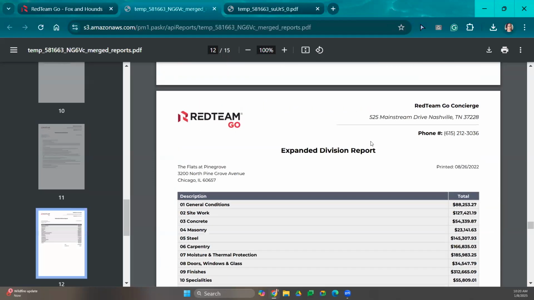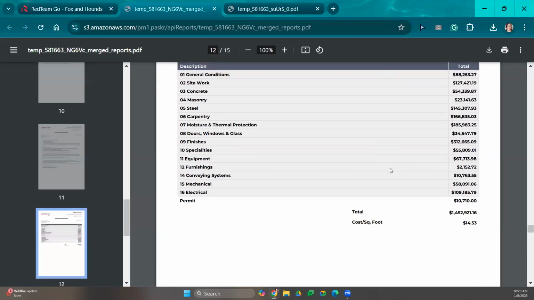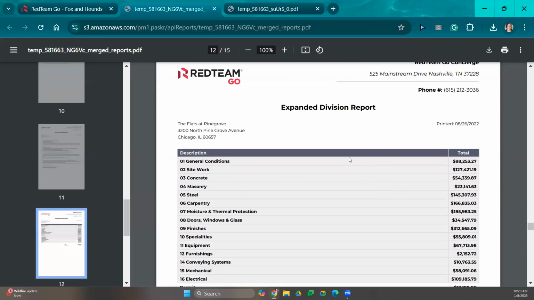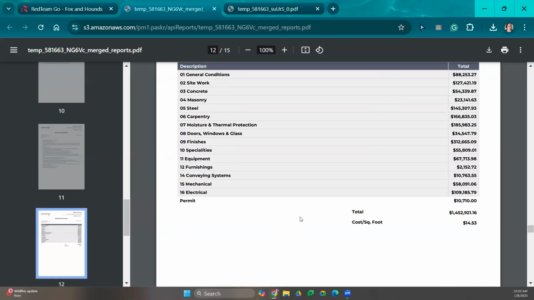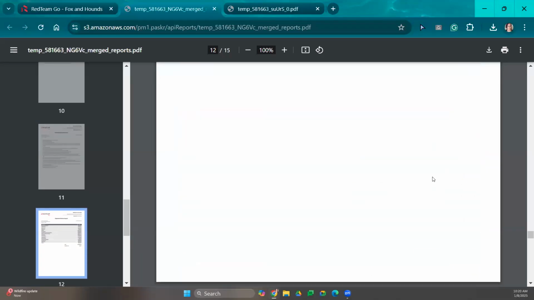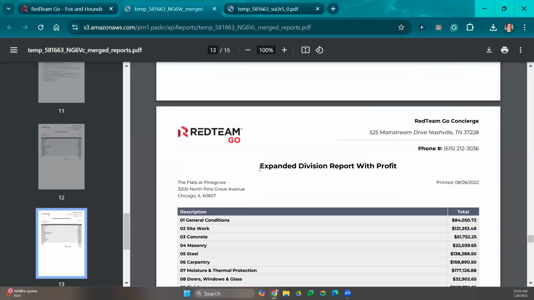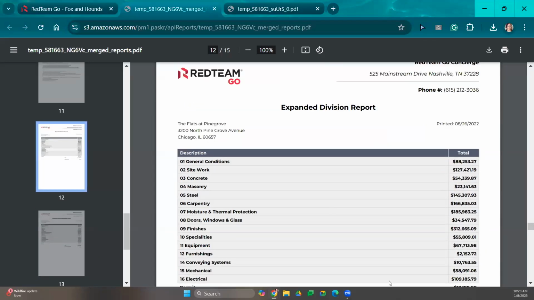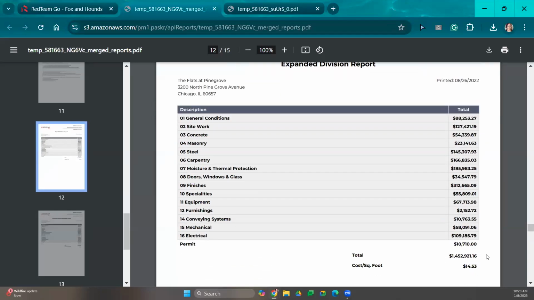Okay, and then here's my expanded division report. The one that I selected was the expanded division report without profit, so it does not show my profit. My profit is broken out amongst my cost codes and divisions. But now here is the same report, but with profit. So I want to show you the difference. This is without. The numbers are going to be the same,